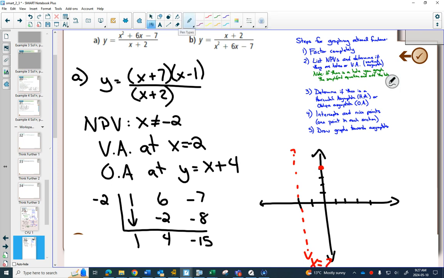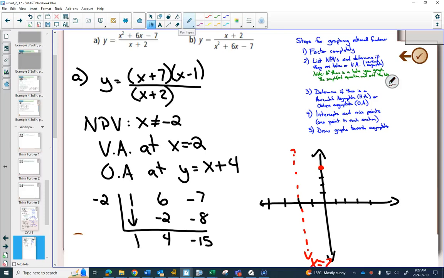And I probably would have noticed something is going wrong later on in this question. Something's not right. But at this point, I didn't notice it. Thank you for noticing. So x equals -2